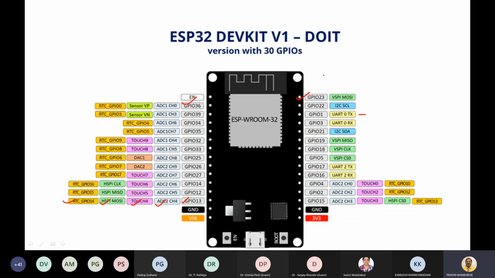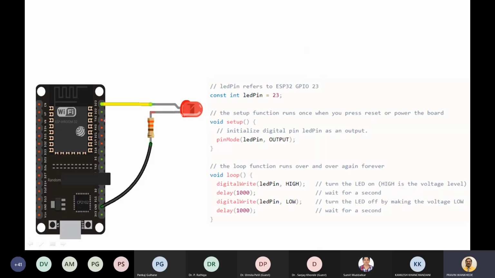For one we'll write code for monitoring, and for the other we'll write code for controlling. I hope you are understanding this. Such a circuit is a simple LED interface. The LED will be connected, and this LED will be controlled from the Firebase.